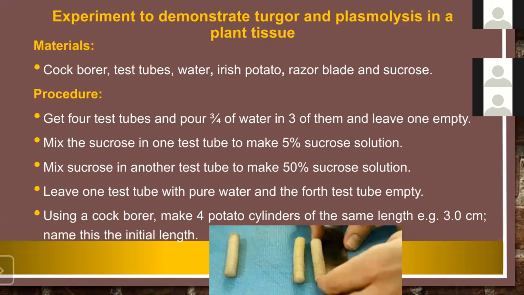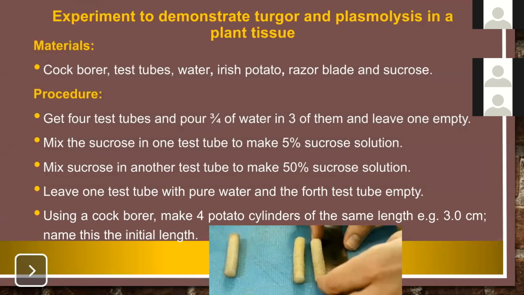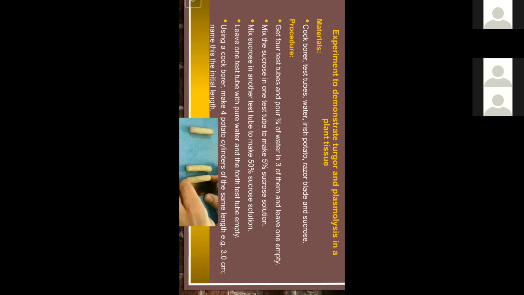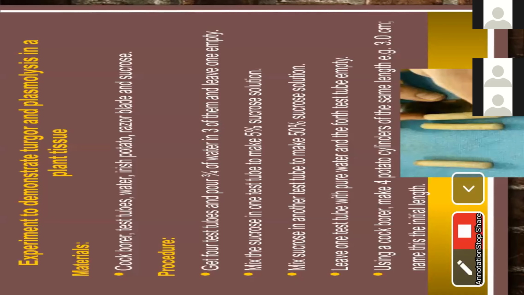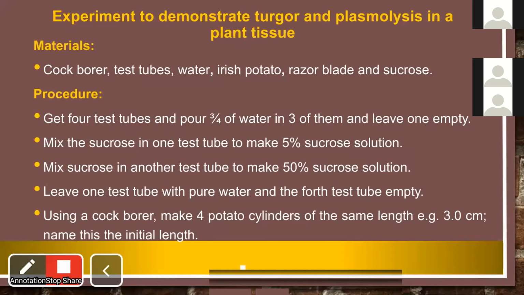If you're looking at the plant, then you're looking at the concentration of the cell sap in the plant cell. If you're looking at an animal tissue or cell, you could be looking at the concentration of the solutes within the cytoplasm. So we said a hypotonic solution